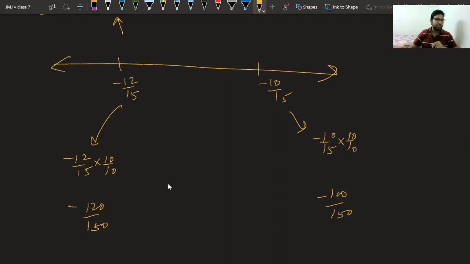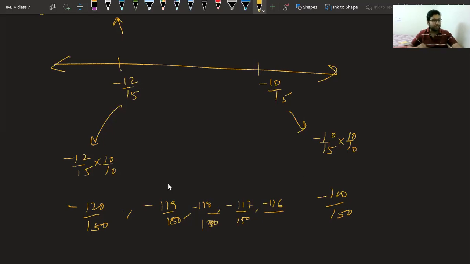You will say, sir, the next number is minus what? What is the next number, class? Minus 119 by 150, minus 118, minus 117, minus 116 upon 150, sorry. So in my way, you are not thinking anything. It is like your machine is ready. You must have gone to a biscuit factory. They have installed a machine over there. They just input some flour in it and biscuits come out automatically. So we are trying to make a machine which will give the answers in an easy way.